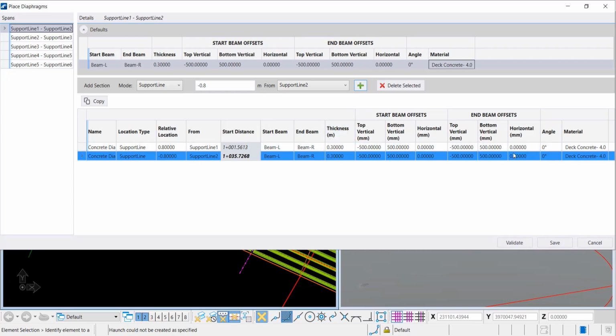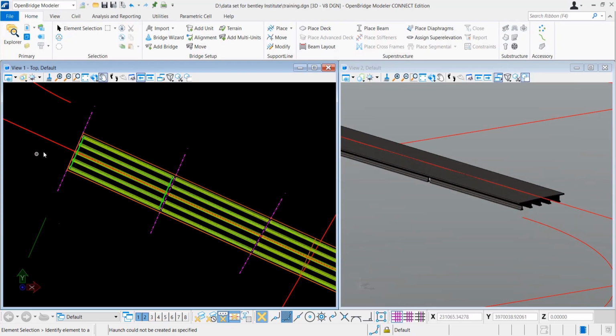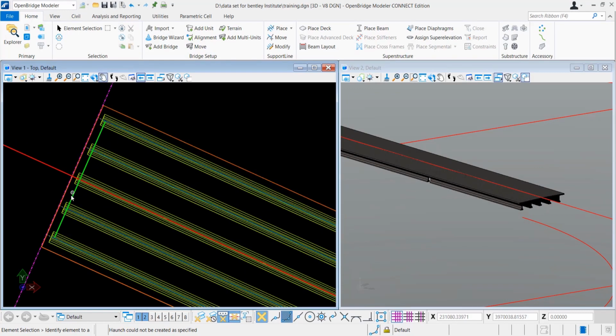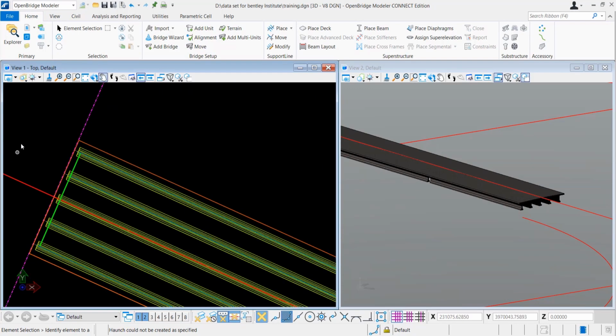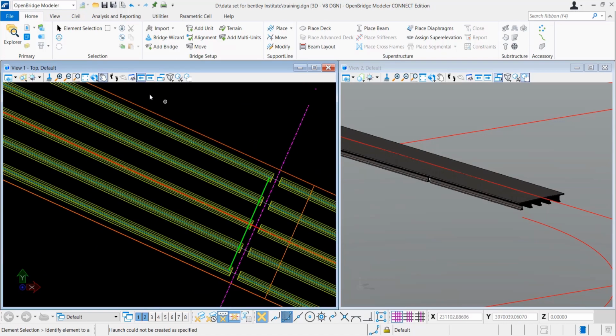And here you can see that we are keeping skew angle 0 because support lines 1 and 2 don't have any skew angle, right? So again, in a similar way we will validate, and we can see graphically how it places the diaphragms. So here you can see how it's connected. Perfectly placed.